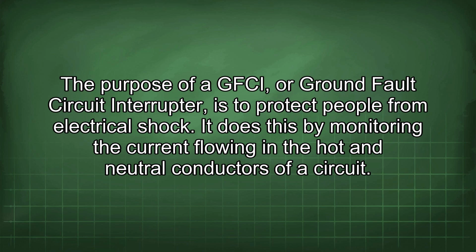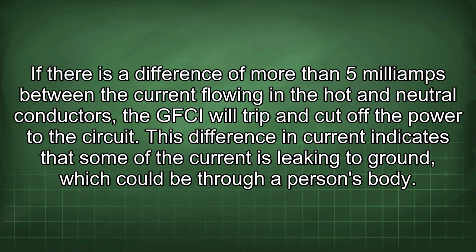It does this by monitoring the current flowing in the hot and neutral conductors of a circuit. If there is a difference of more than 5 mA between the current flowing in the hot and neutral conductors, the GFCI will trip and cut off the power to the circuit. This difference in current indicates that some of the current is leaking to ground, which could be through a person's